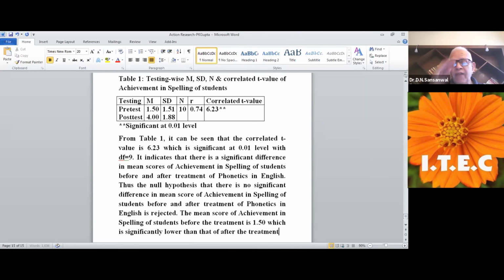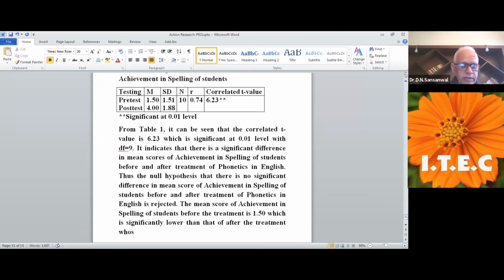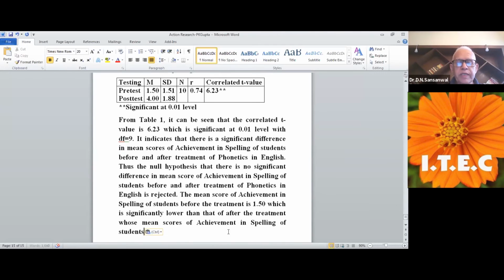That of after treatment whose mean score of achievement in spelling of students is 4.00. So it may be said that the treatment